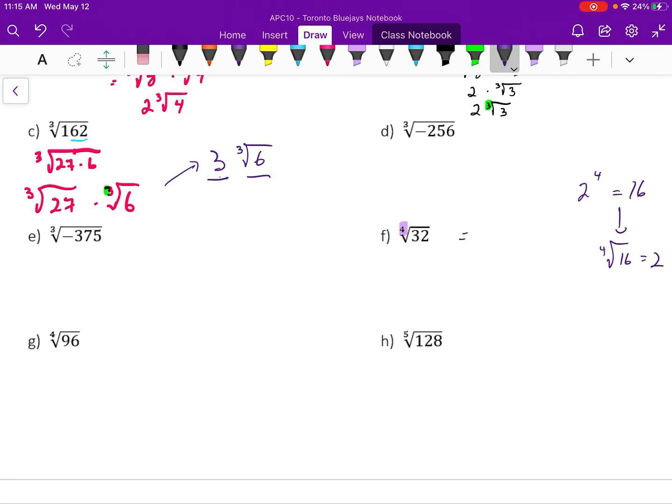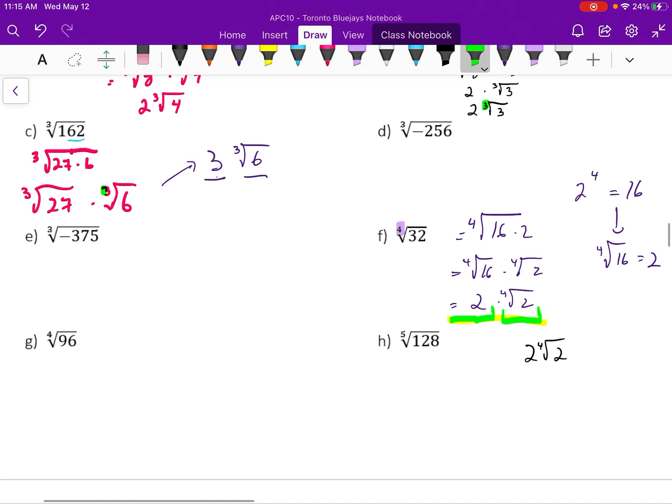So when I'm taking a look at f, I can just simply write, my index is 4, the 4th root of 16 times 2. Now this is the 4th root of 16 times the 4th root of 2, and the 4th root of 16 is 2, so we get 2 times the 4th root of 2. And that's it. However, we do write it as 2 fourth root 2. But we think of it like this, 2 separate